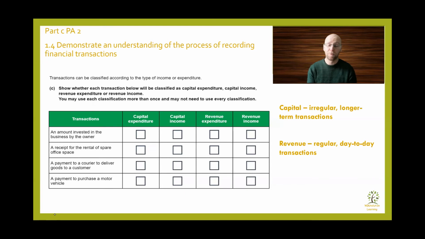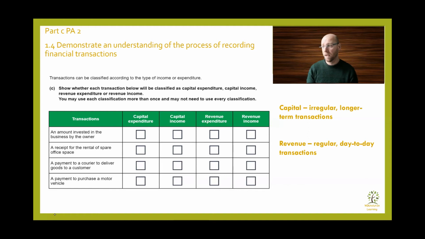Because that can be a trap sometimes that students may fall into is, okay, so I've ticked 3 of them already, so that means the final one must be the one that I've not ticked. And it specifically says in the question, you may not need to use them all, okay, so don't fall into that trap. So the transactions are an amount invested in the business by the owner, a receipt for rental or